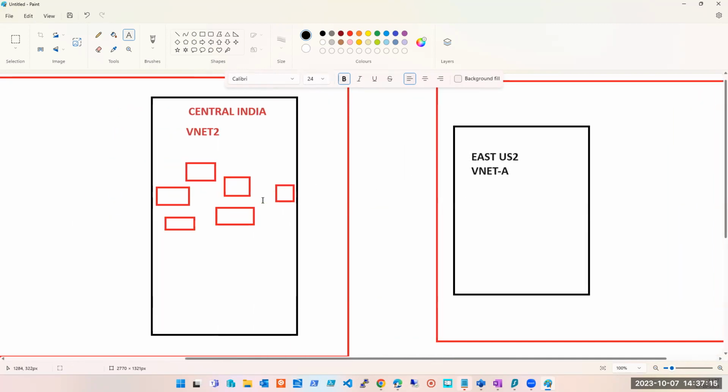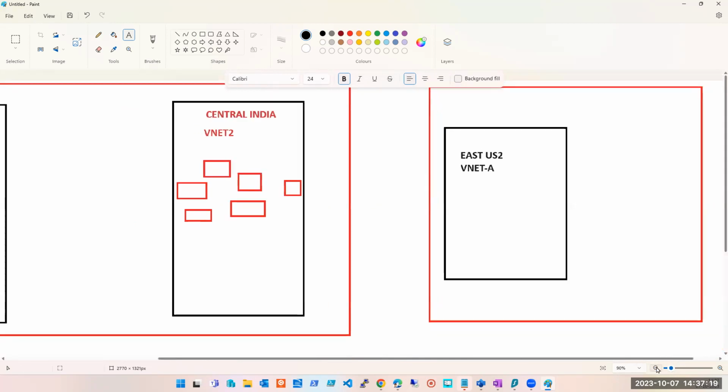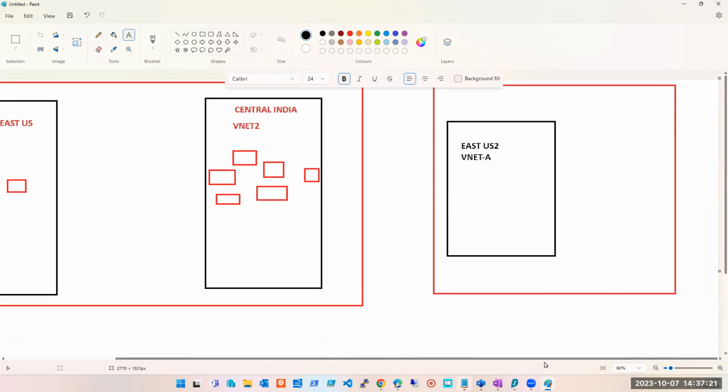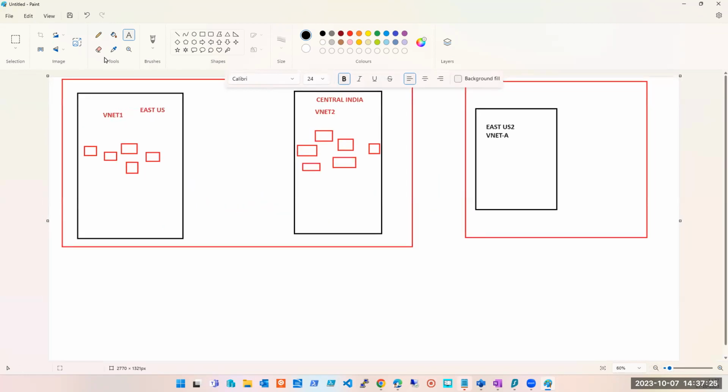Is it possible for these two VNets to talk to each other? Not talking about by default. I understand by default they do not talk. Is it possible? Do we have any scope? Do we have any solution? Do we have any service? I want these two to talk now. I've done the VNet peering. Okay. Now my requirement is, these two should talk to each other. Is it possible? And the red line is representing the subscription, the outer box